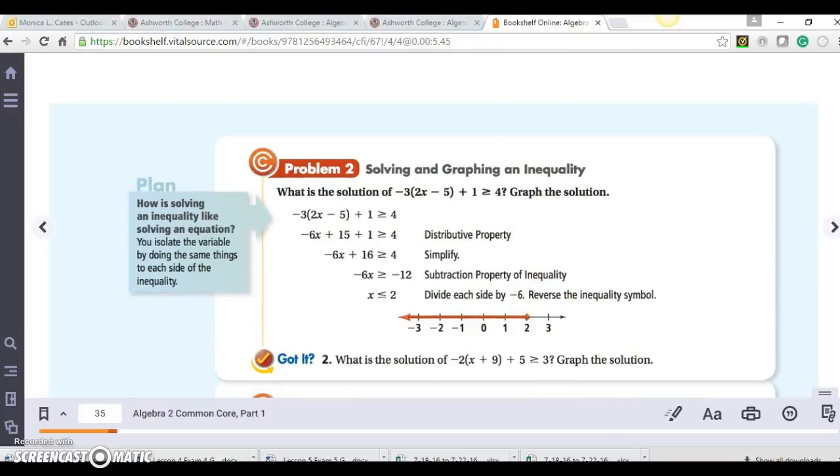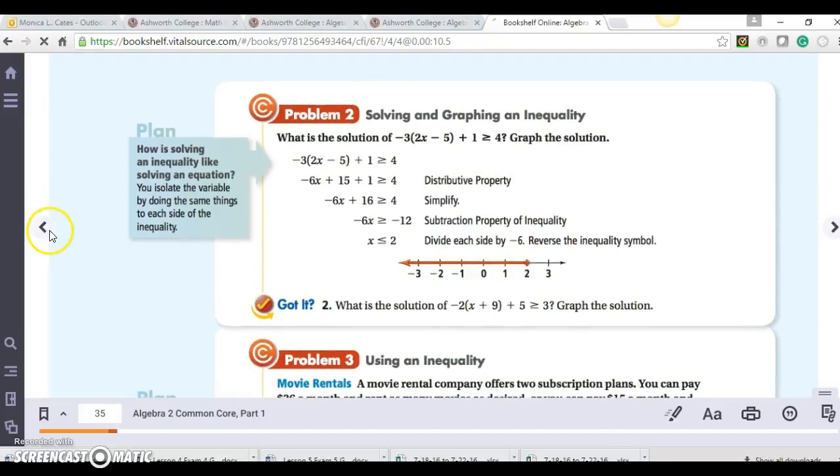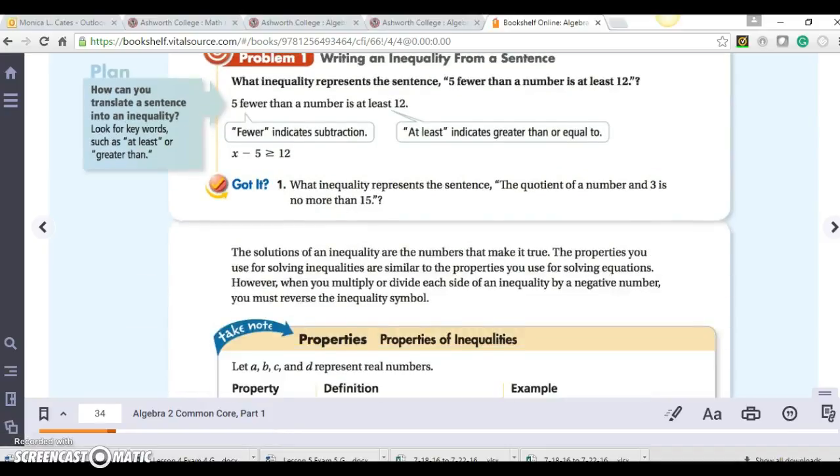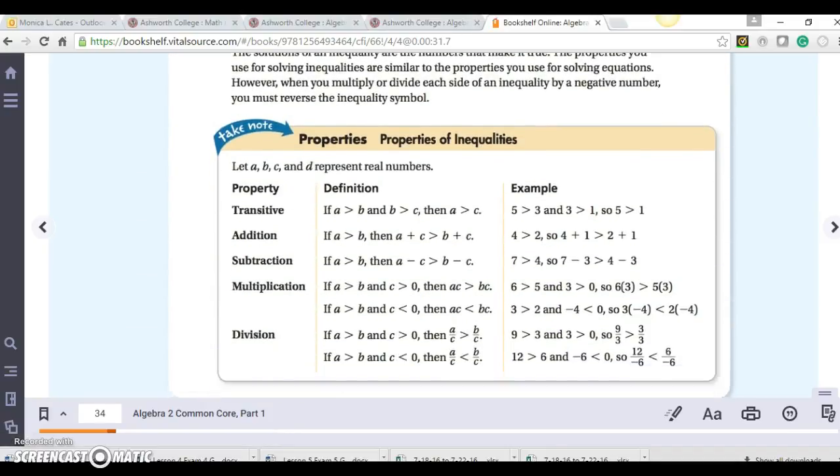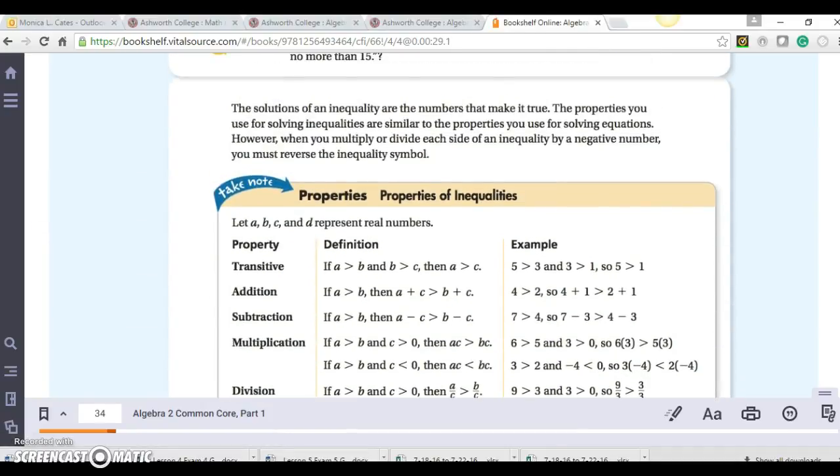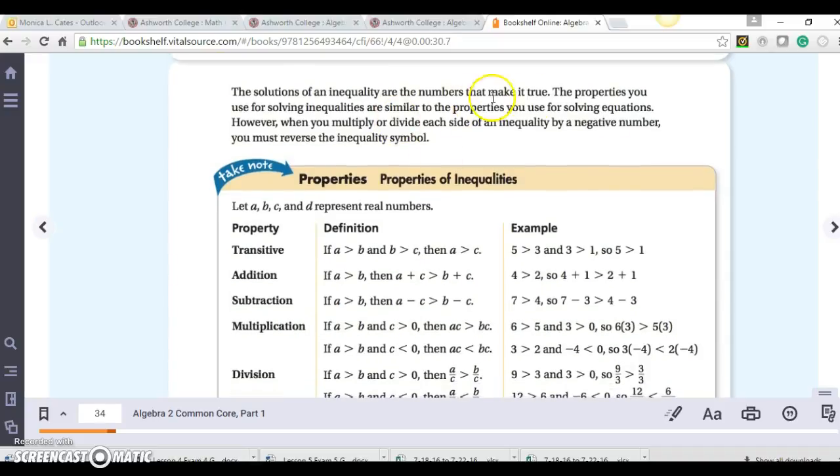Okay, we're looking at problem number 2. And before we look at problem number 2, let's go back and look at some properties of inequalities. The solutions of an inequality are the numbers that make it true. The properties you use for solving inequalities are similar to the properties you use for solving equations. However, when you multiply or divide each side of an inequality by a negative number, you must reverse the inequality